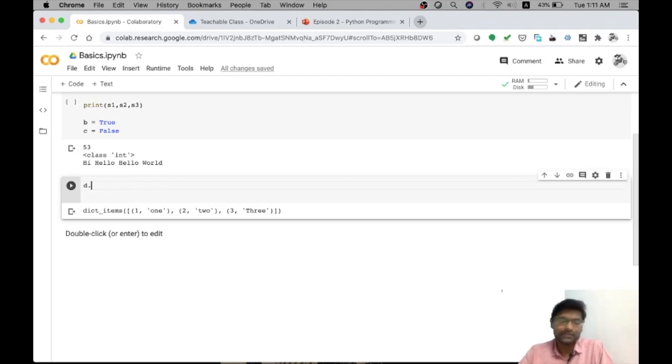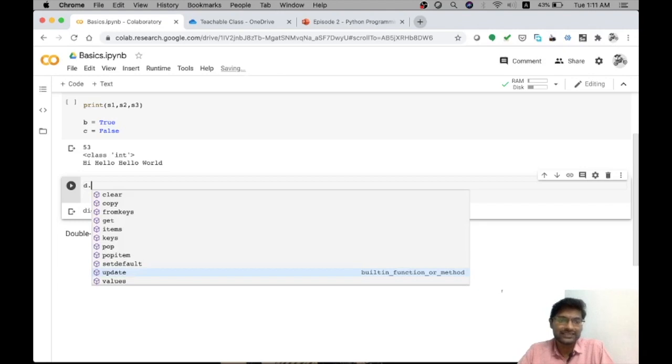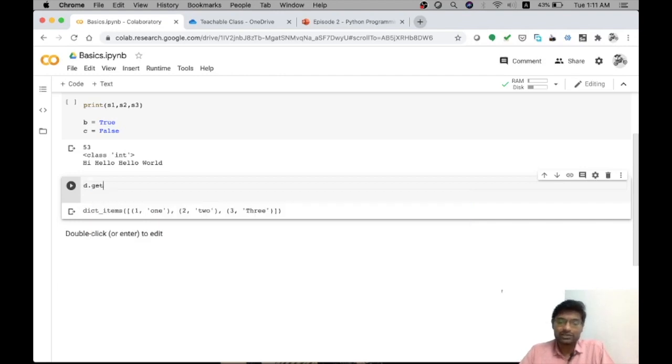The next methods of the dictionary we will see, from the beginning, is .clear. Dictionary .clear will remove all the values of the dictionary. It is similar to a set or a list data type. .copy also behaves the same as for those. Okay, next we will see the get command. I will come to the others at a later point of time. We will see the get command first.